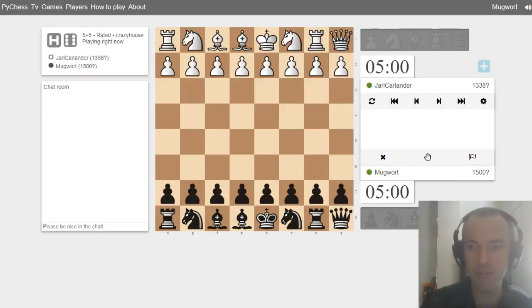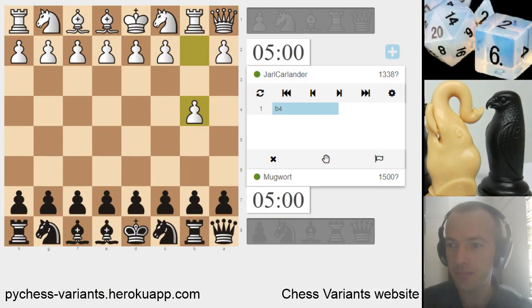So we've started a game. I'm just checking out the display because it's in browser mode. I can zoom in a little bit. Here we go. So let me just get the bearings on the position for the moment. I haven't played this in quite a while. Jarl started with b4,